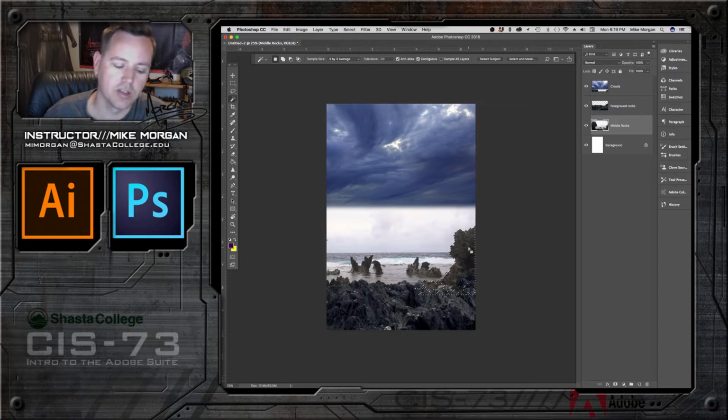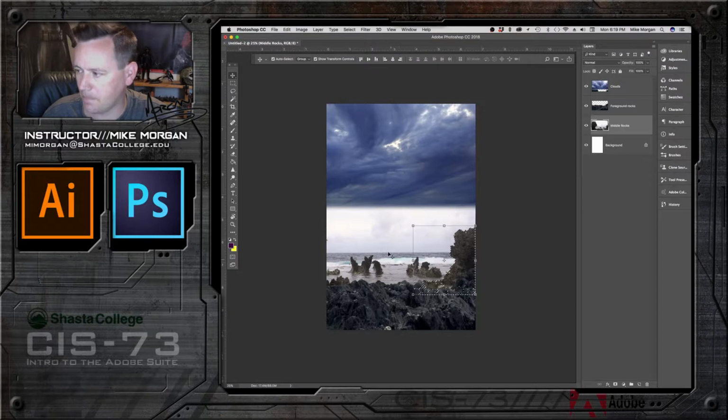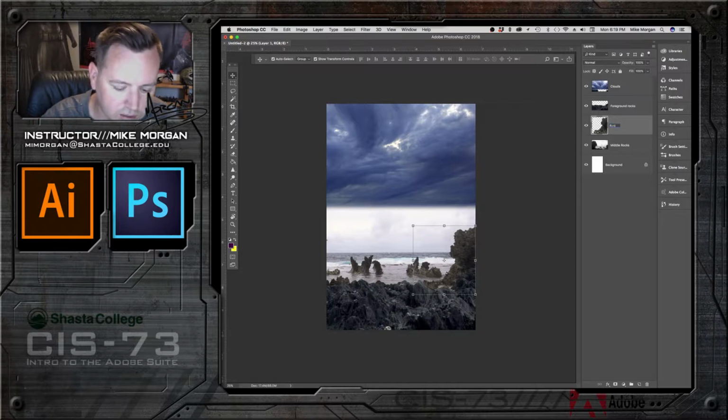Now I'm going to do Command C, Command V, and that will copy a layer. Or you can do this: once you have it selected, you can go to Edit, Copy, Edit, Paste. Now it's pasted a new rock. Okay? So that's its own layer. We'll just call it rock